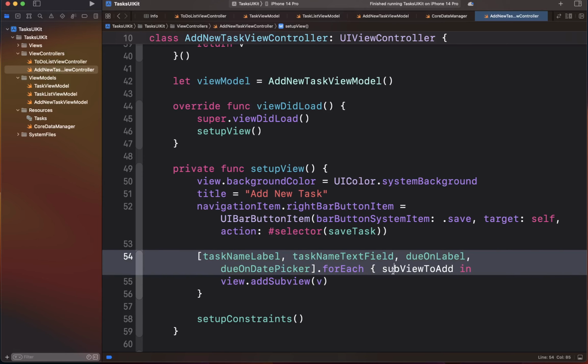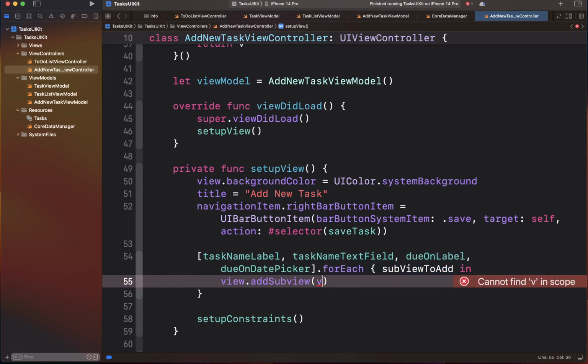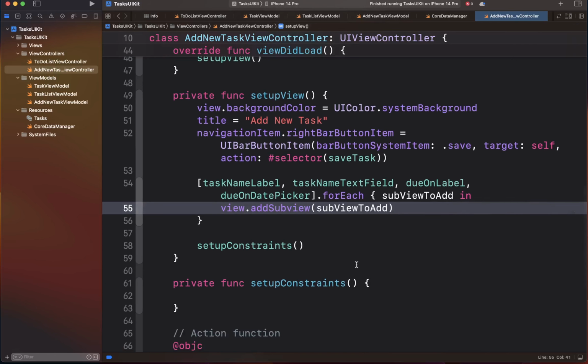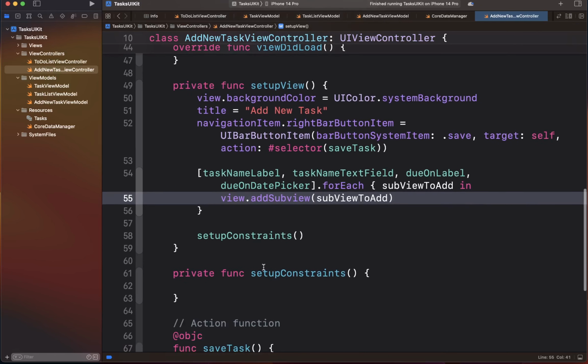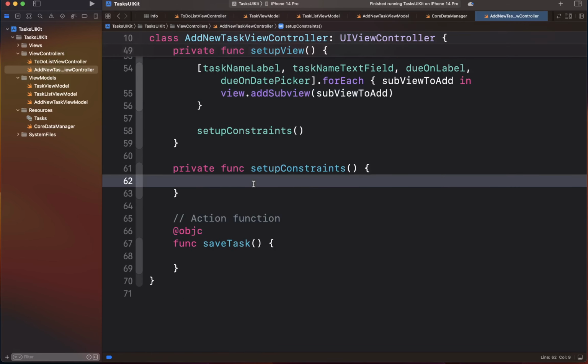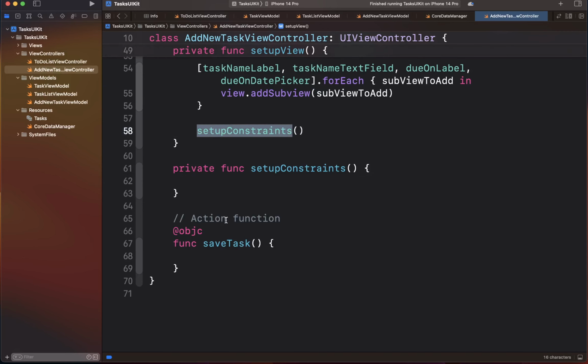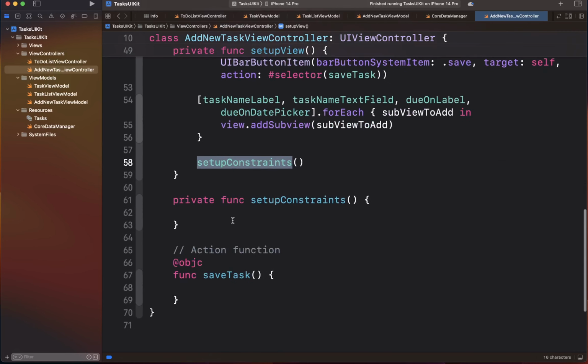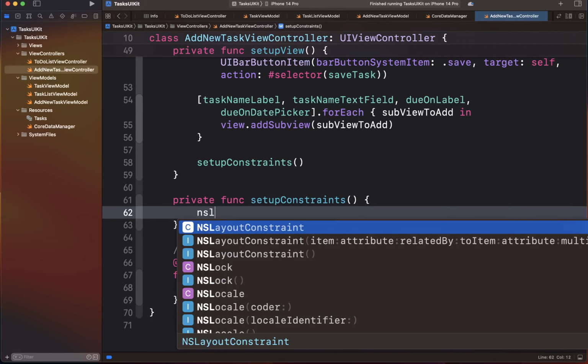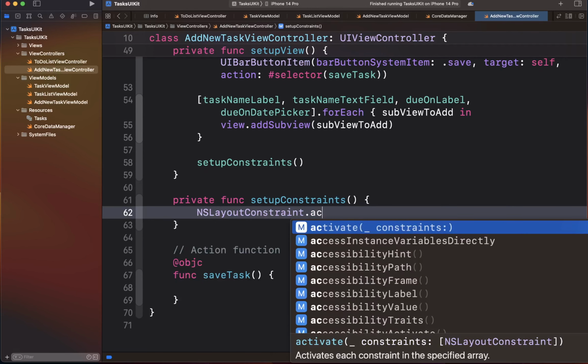Let's name it properly, subview to add, and there we go. Okay, so this is basically all the setup that we need to do in order to set our UI. And the next thing is basically calling our constraints. Okay, so setting up our constraints, we're going to simply go in our setup constraints, which is the last function called inside the setup view, and we are going to say NSLayoutConstraint.activate,